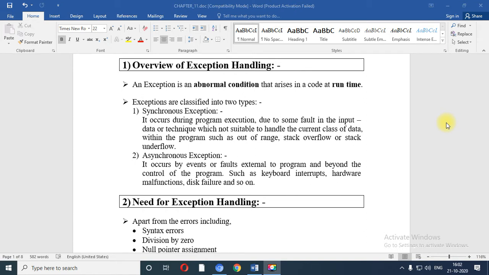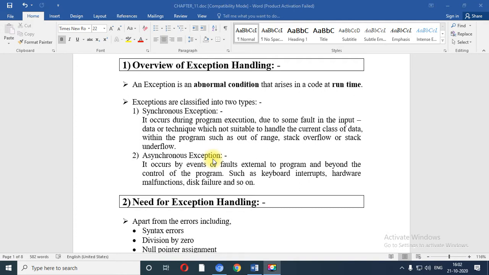Now exceptions can be classified into two types. Number one, synchronous exception and asynchronous exception. Now what is synchronous exception? It occurs during program execution due to some fault in the input data or a technique which is not suitable to handle the current class of data within the program, such as out of range, stack overflow and stack underflow.